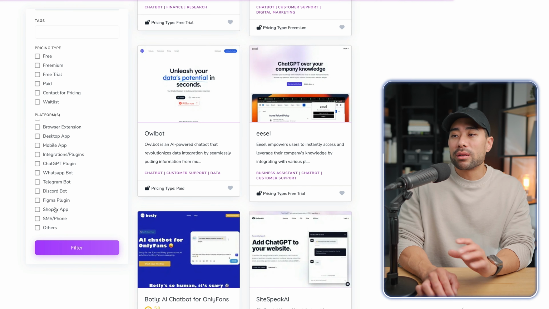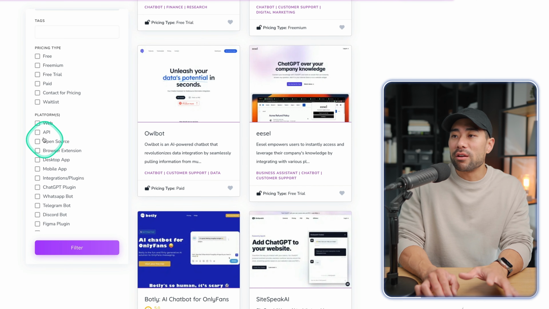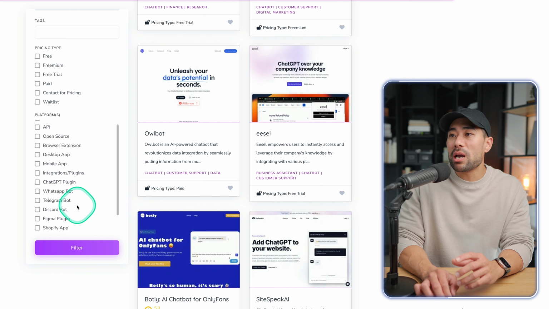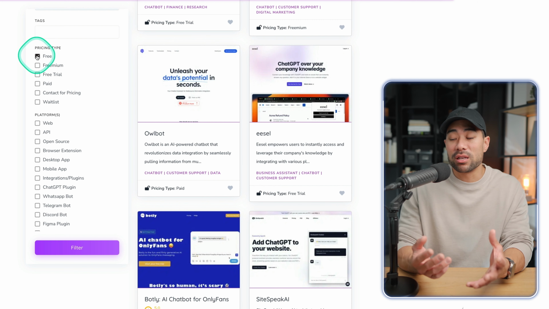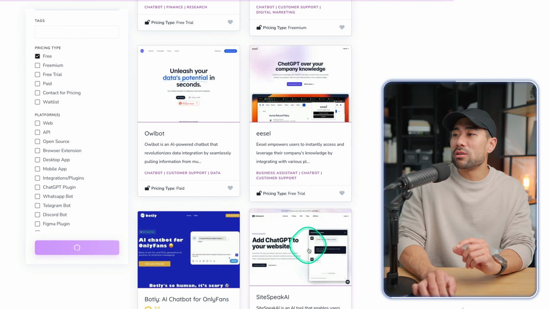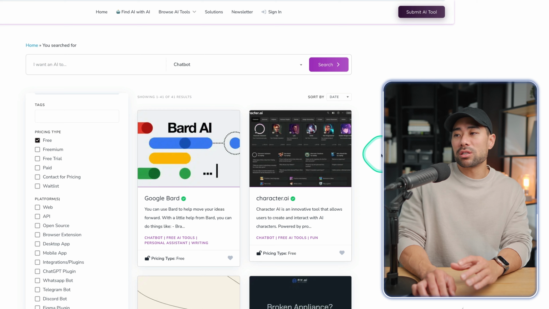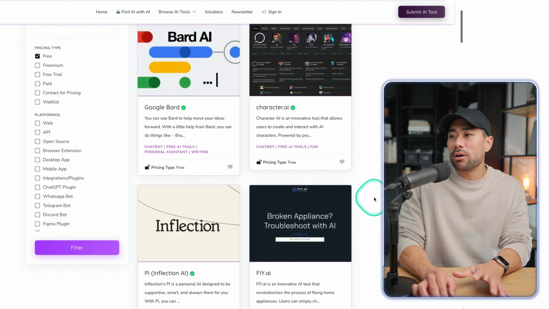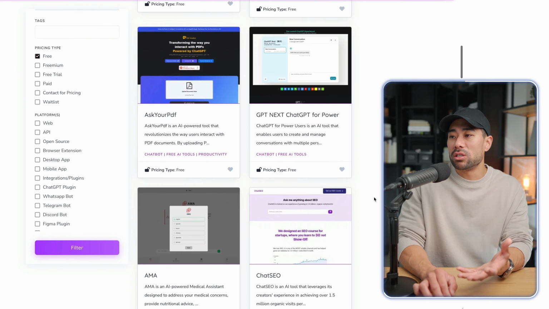And that's the great thing about AI Scout. You can actually dive deep and say you want a chatbot that is free. Let's see if there are any free ones. And we'll click on filter just to see if anything shows up. And here are the results, not as relevant to chatbots, but this is what it filters just to show you